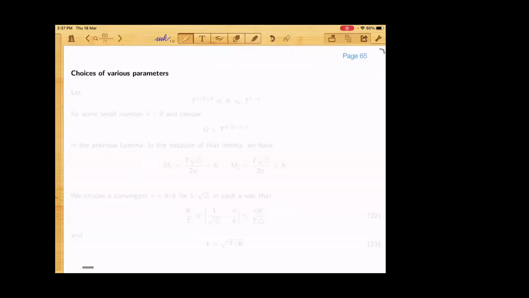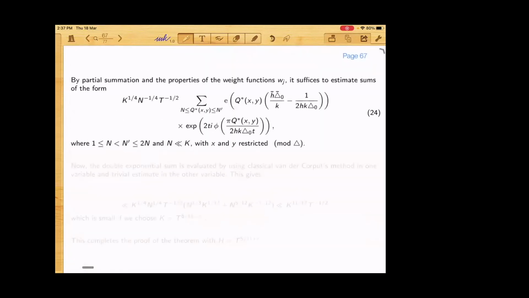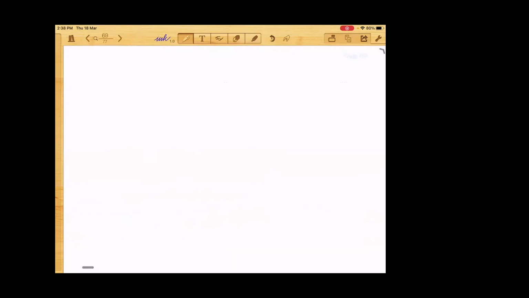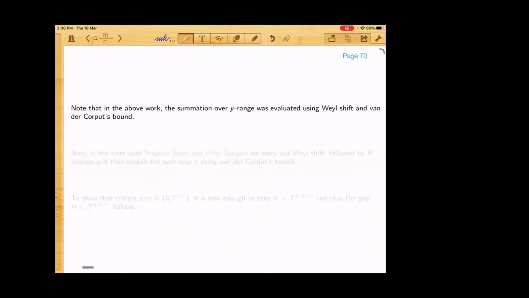Right. Now, yeah, so I was here. So this was the choice of parameters. And so, as I said, only in one variable, the y range, we evaluated non-trivially using the summation formula and then van der Corput's method. Now, in the recent work with Stephan Baier and Usha Sangale,